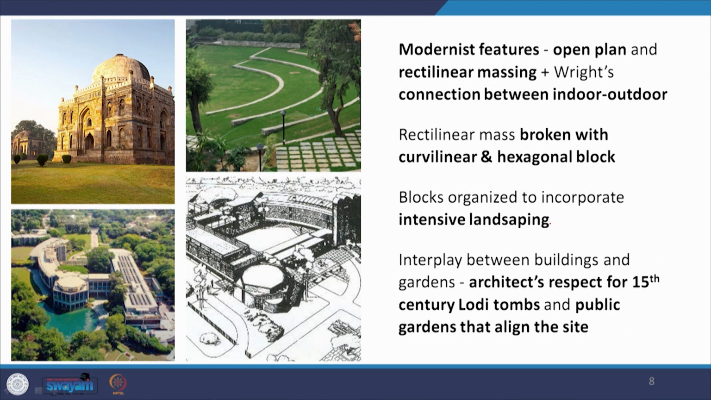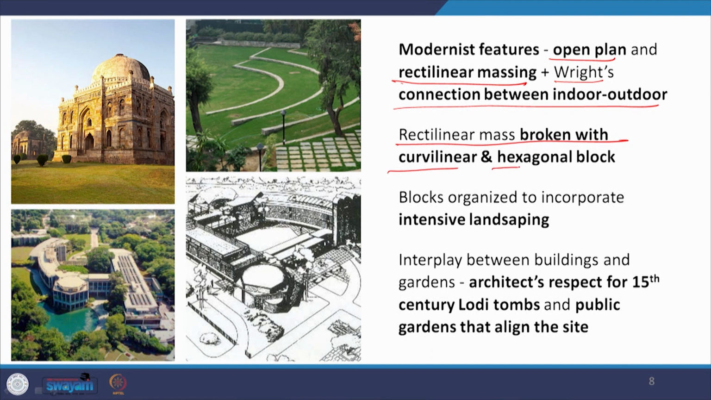And the modernist feature that it has is an open plan with rectilinear massing, which is definitely a modernist response, but it also has a connection between indoor and outdoor. So the spaces seem to flow from indoor to outdoor, which is a very typically Wrightian idea. But the rectilinear mass is also broken up with the curvilinear and hexagonal block, as you see here in